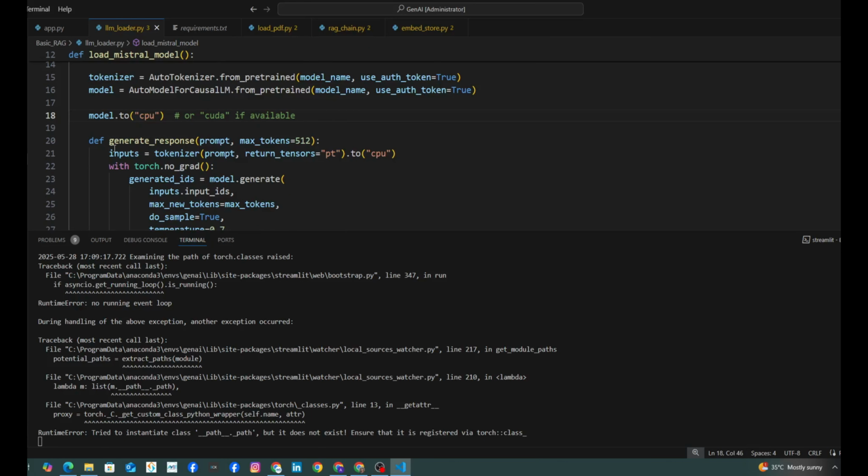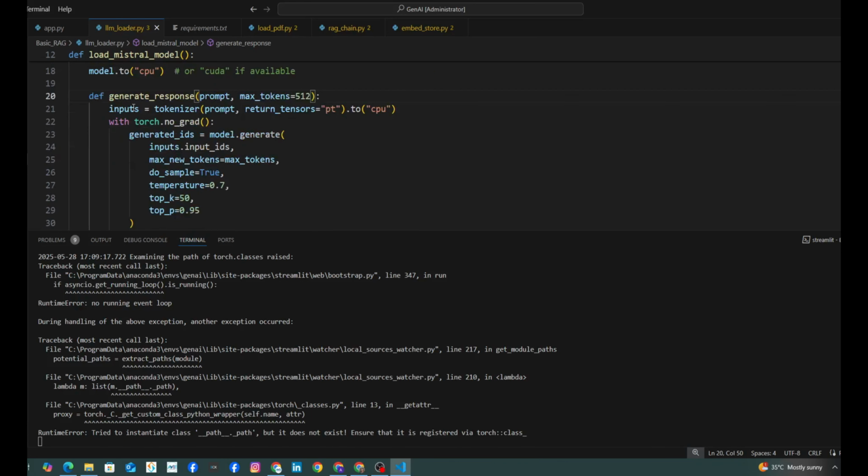Then we have this function called generate response, right? This function generates the response by taking the prompt with a maximum of 512 tokens. So we'll write tokenizer, then we'll provide the prompt and return tensors PT to CPU, right?